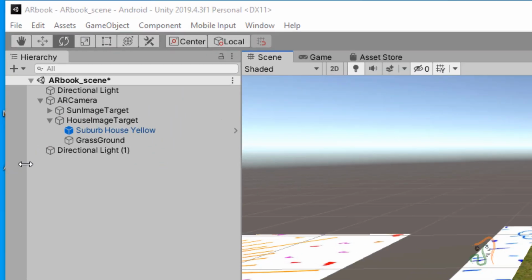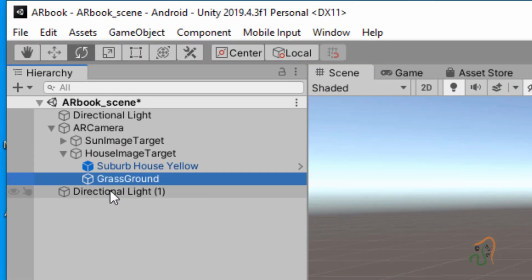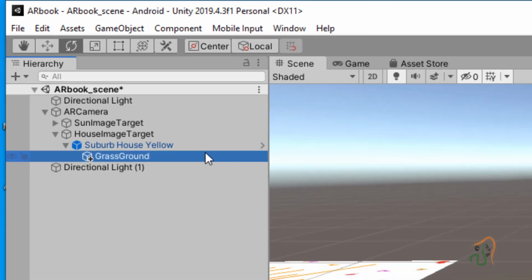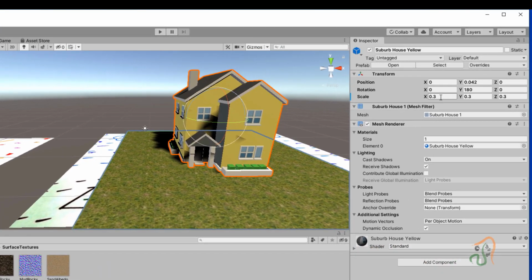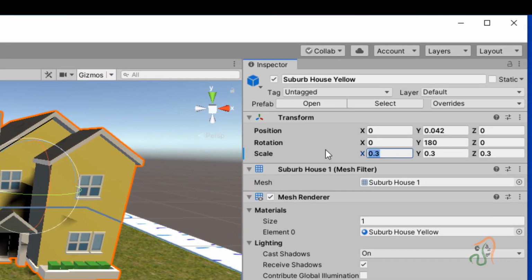Next, what we shall do is select this grass ground and make it a child of this house object, so that these two are together in one object. Select this house object and we had set the scale to 0.3. Okay, let us make it a little smaller.